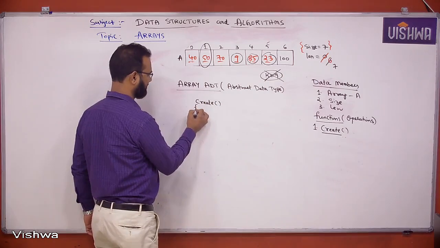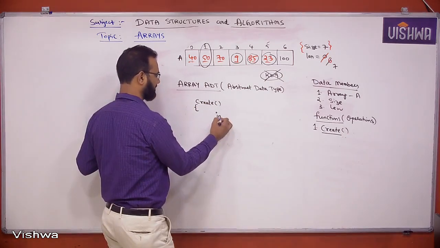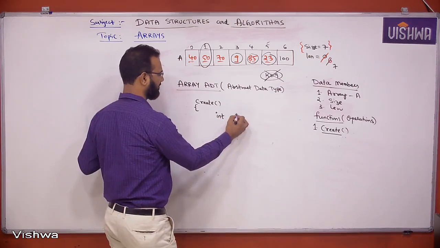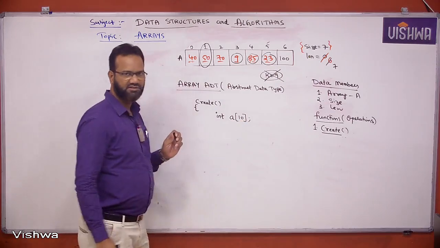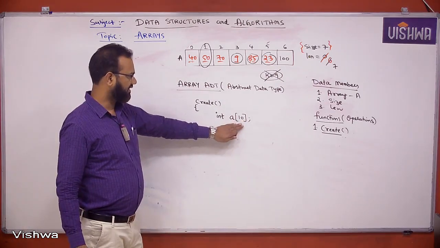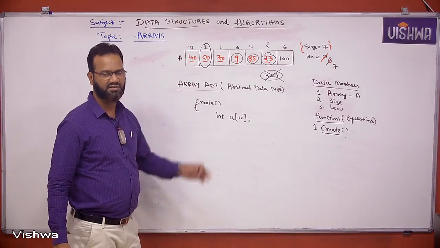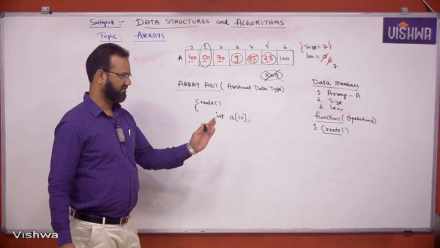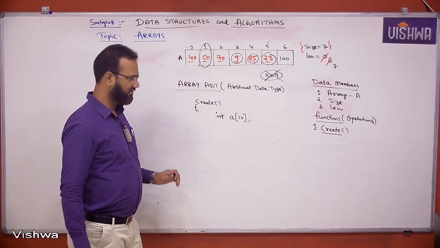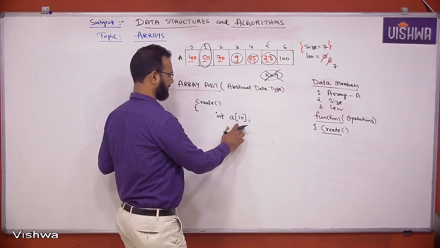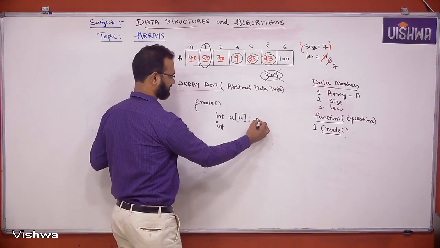Create function. Static memory allocation: specify the data type, name of the array with the size. An array of size 10 can store 10 integer values contiguously, at the same side by side memory locations, or 10 integers you can store it. This is one way of allocating the memory. Another way of allocating the memory is